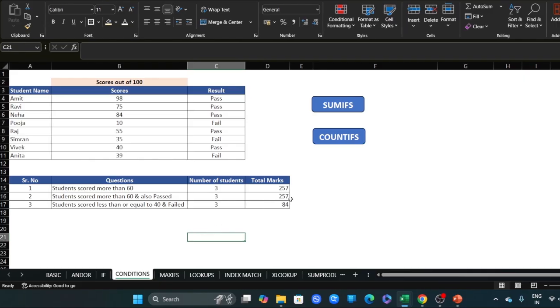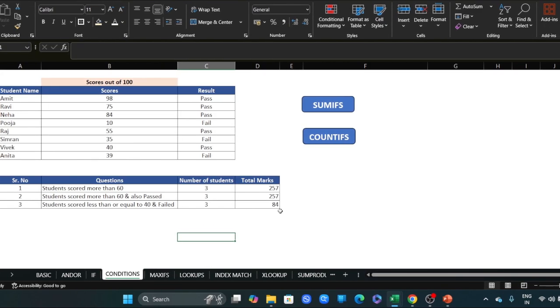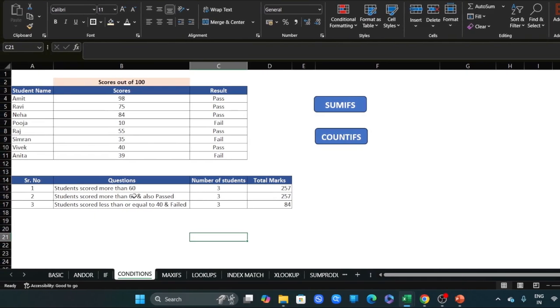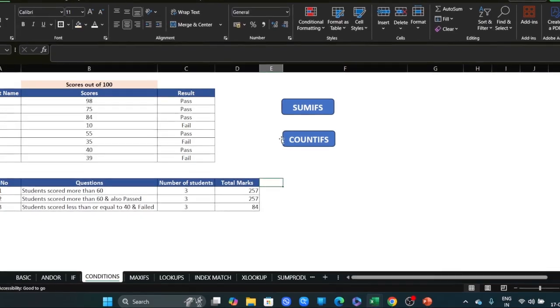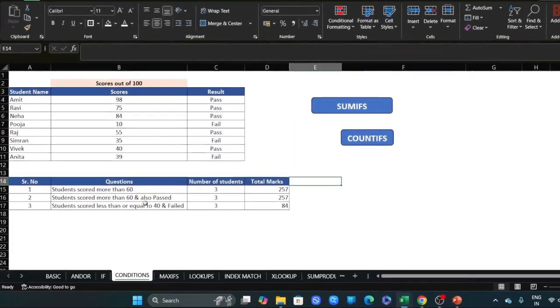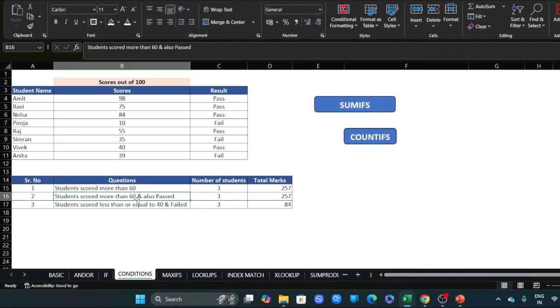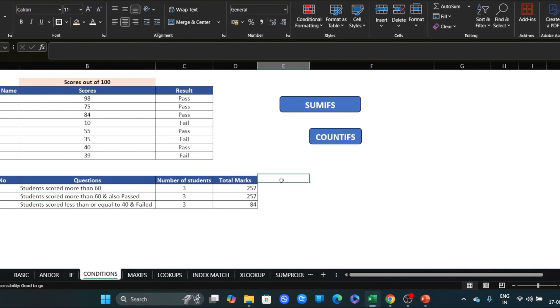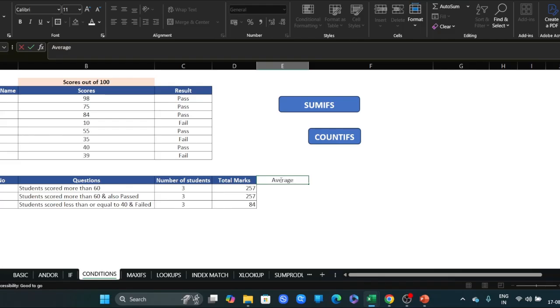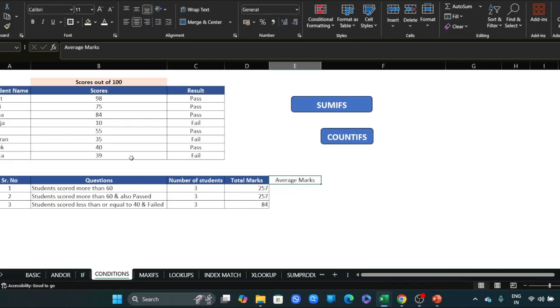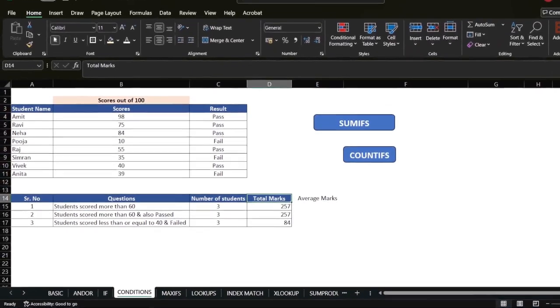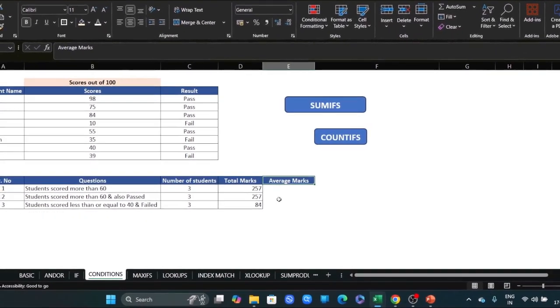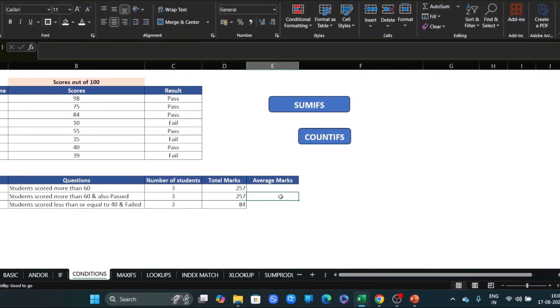There's one more function in Excel which we can use to get the average. Suppose in this similar example, I want to calculate the average of marks where the student has secured more than 60 and they have also passed the exam. I want to calculate the average marks. To do that, we have a function in Excel through which we can calculate the average based on multiple conditions. So we'll type